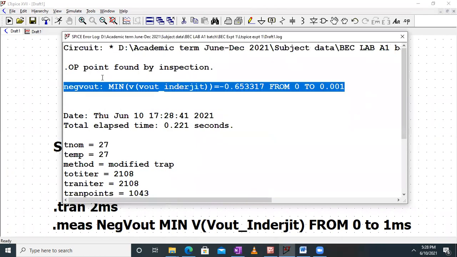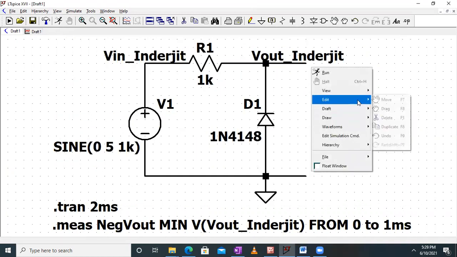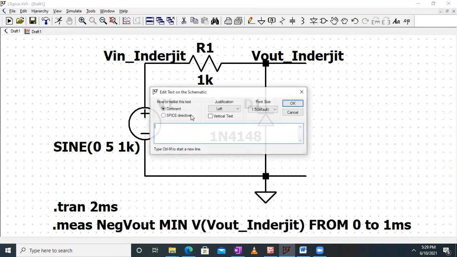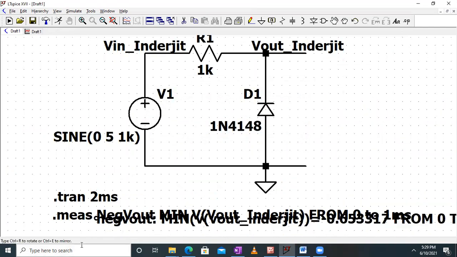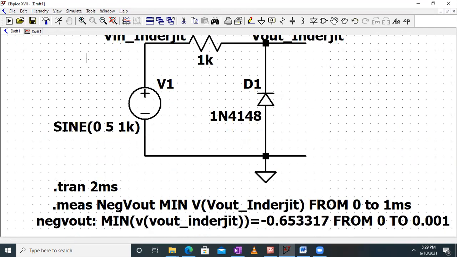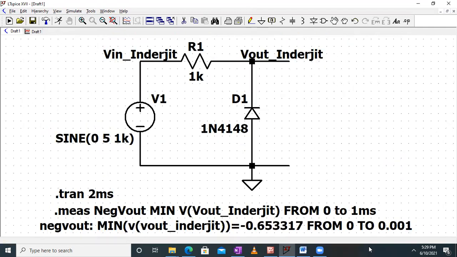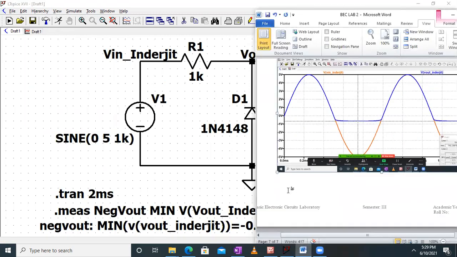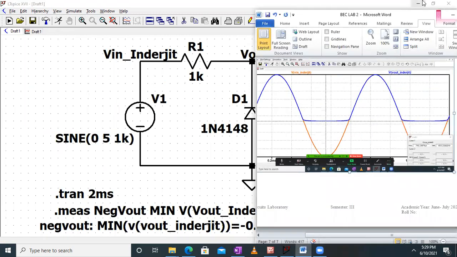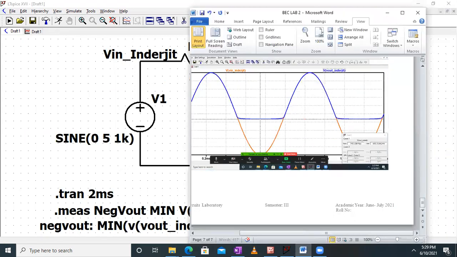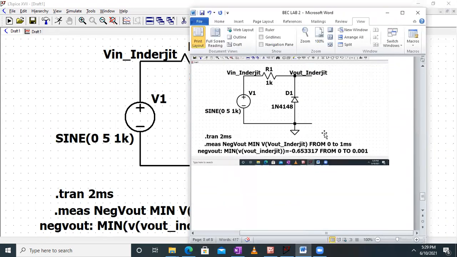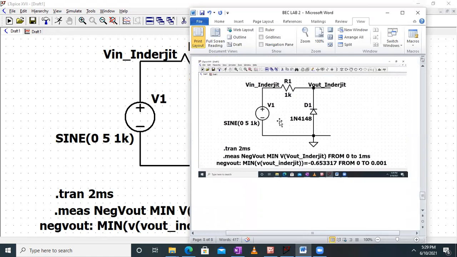See, you can copy paste this, and you can add it in the screen also directly. So here I'm adding it in the comment section. Here it is. I've added that value over here. Now you can take the print screen if you're following this technique, and you can add it after this graph, if you want to record it. See, it will come like this. Okay. So this is one way.